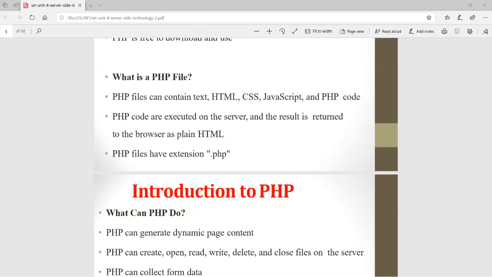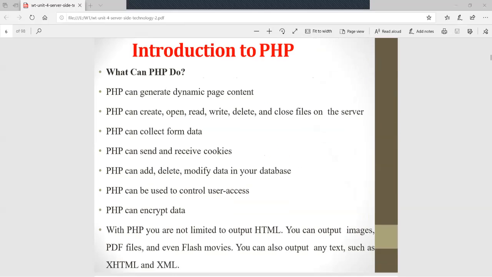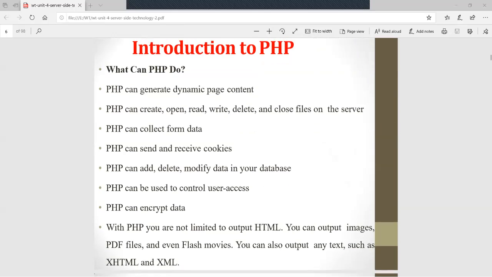By default this is a server side technology, so of course it is executed on the server side, and the result is returned to the browser as plain HTML text. A PHP file has the .php extension.